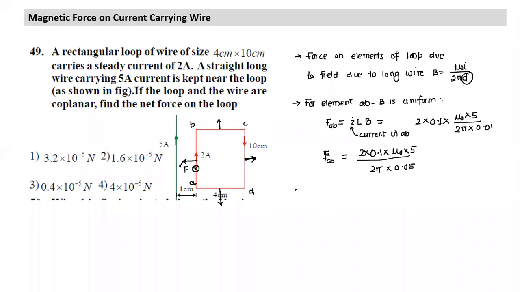If I take this as the x direction, what is the net force acting in the x direction? That will be equal to this minus this. This force is larger. I can easily calculate the force. This term is common. Magnitude of force will be equal to mu naught into 5 divided by 2 pi, times 1 divided by 0.01 minus 1 divided by 0.05. Which direction? Towards the left, attractive.